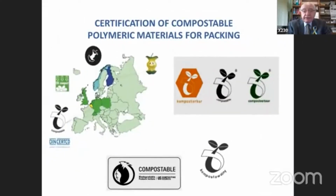Starting with labeling, the problem is that each European country has different labeling regulations. However, these are connected with the final certification of this kind of materials. In UK, Germany, and Poland, and recently in Slovenia, this kind of compostable material has been accepted. In Italy, it's a little different. In various European countries outside of those I have mentioned, these are different. I do not know whether in Ukraine you have introduced any regulation regarding compostable materials, but one point is that